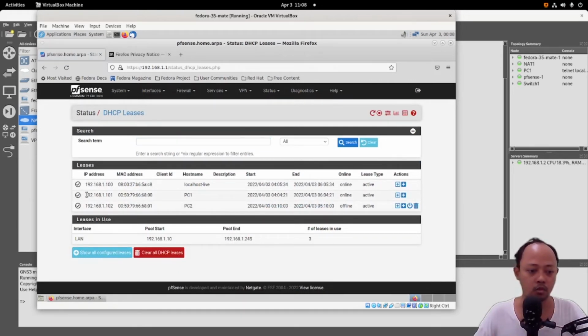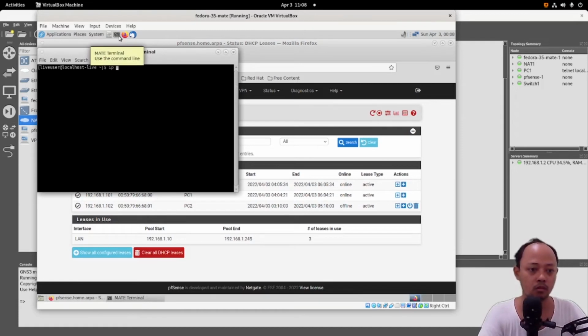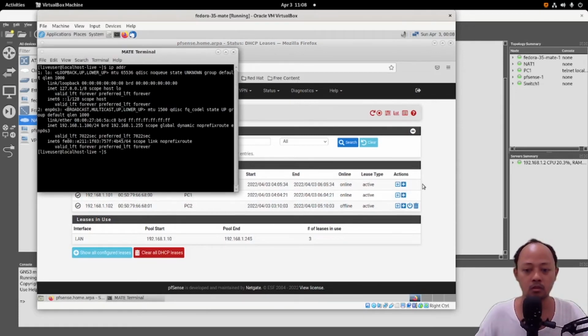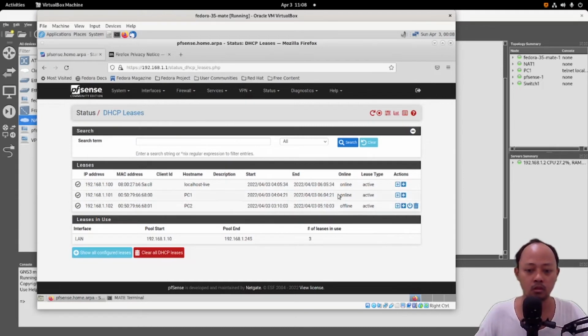This is the VPCS IP, and this is the Fedora's IP. So this is the status. The Fedora is online, VPCS 1 is online, and PC2 is offline. So I will delete the list.